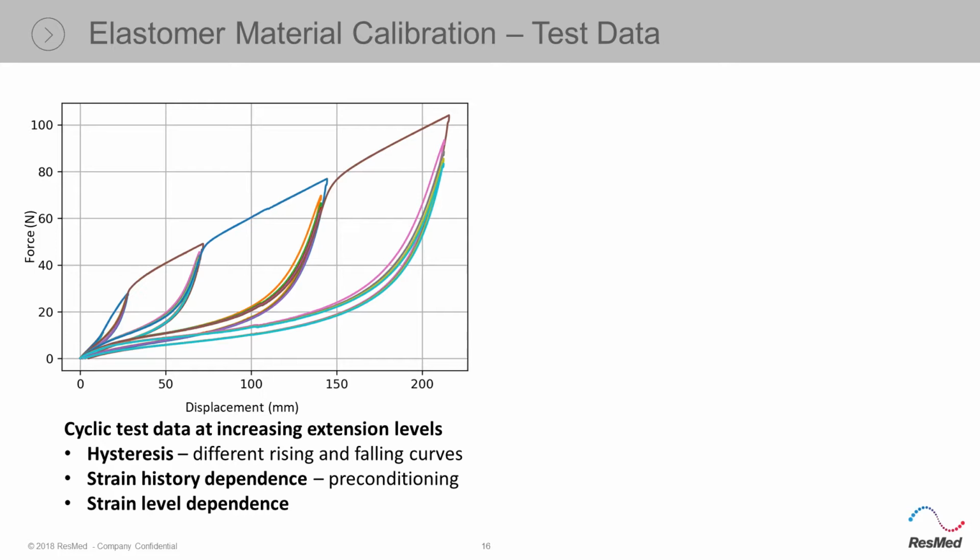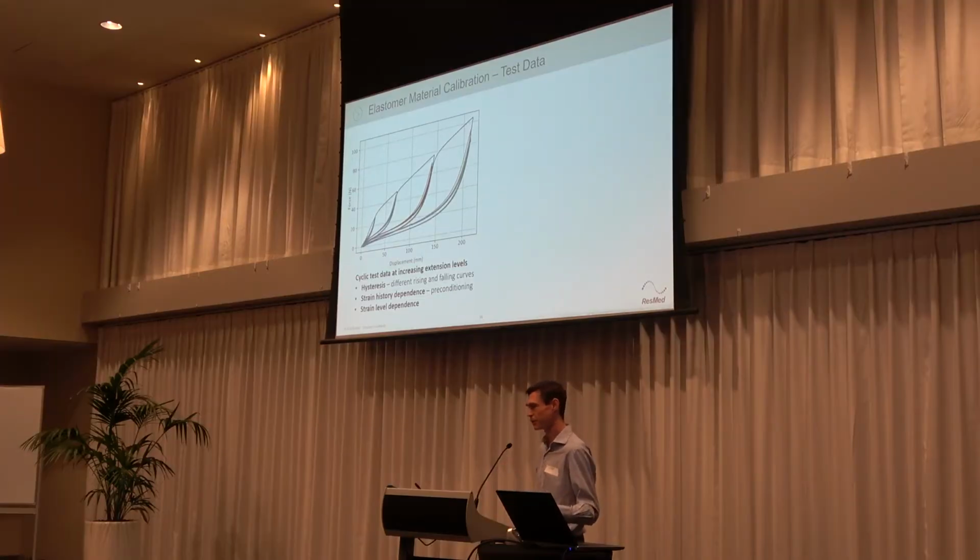So the rising and falling curves are markedly different depending on the strain level that you go to. So it's not just a matter of pulling this, getting a number. You have to really understand what you're doing, how you're testing it, how you're loading it, and then use the appropriate data. And then all that's with the understanding that, for example, hyperelastic material models, well, they are what they say. Hyper, very large, and elastic, they don't take into account inherently in themselves any energy loss or hysteresis. So you have to choose and tune your model appropriately if you really want to get high fidelity results. So for this particular model, we were interested in fresh material coming off a tool and in really high strain